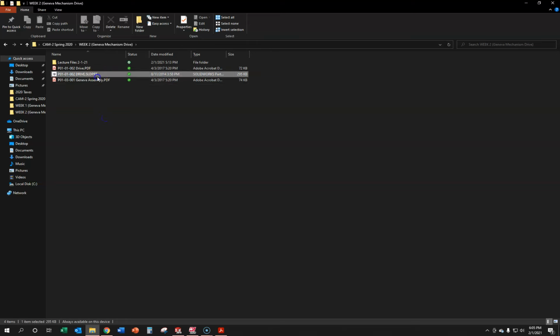So what you should have is a drive.SLDPRT. That's the part that you want. If you had downloaded previously and you have an STL file there, go ahead and delete the STL and then bring this one in. So I have the part in this folder, and now what I'm going to do is